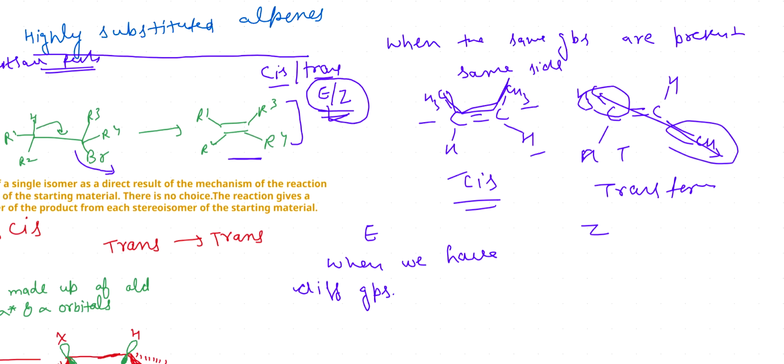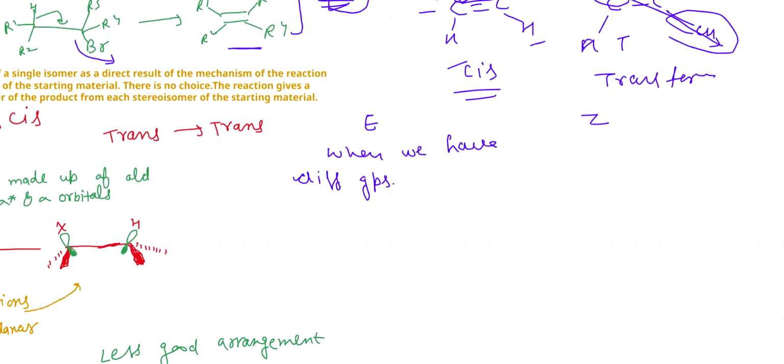So let me explain with an example. On this side there is a phenyl group and a methyl group on that side, phenyl group and H. Clear? Okay, then